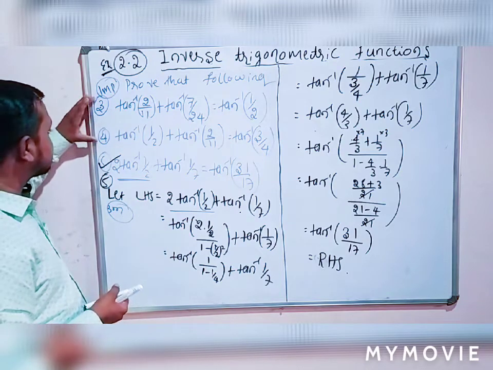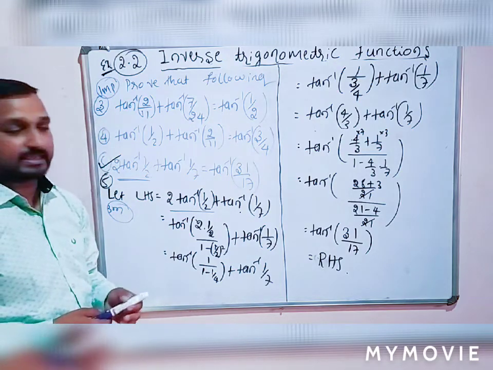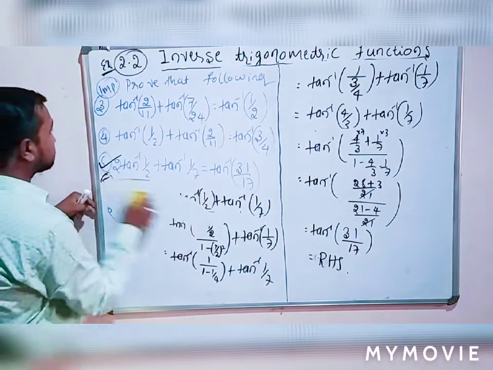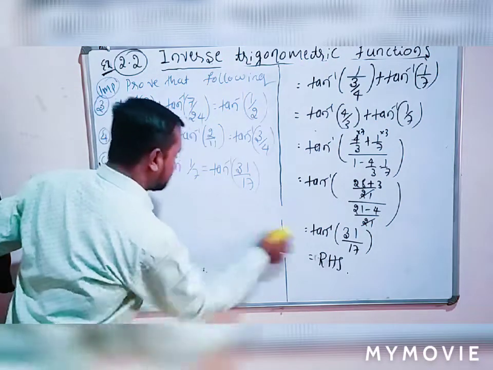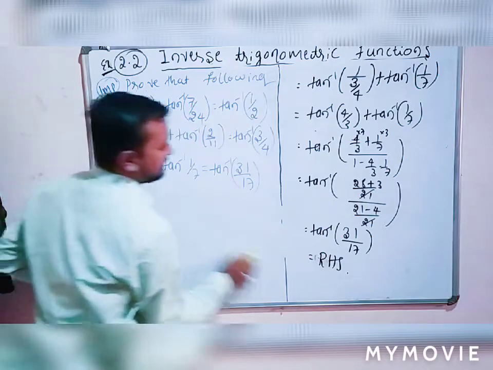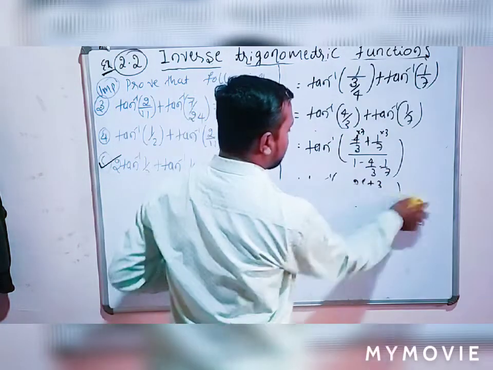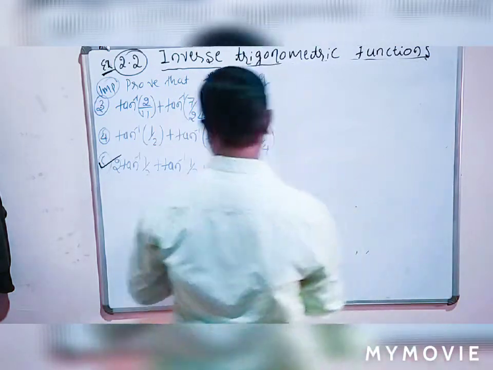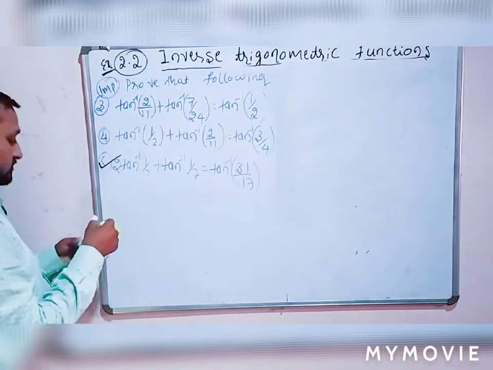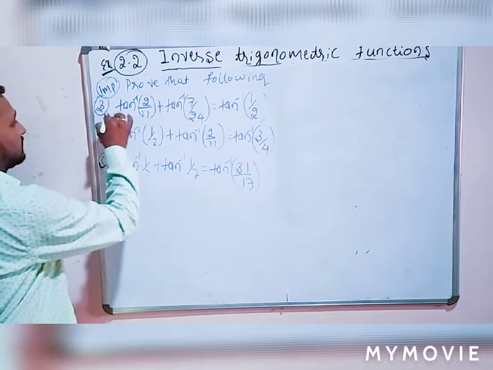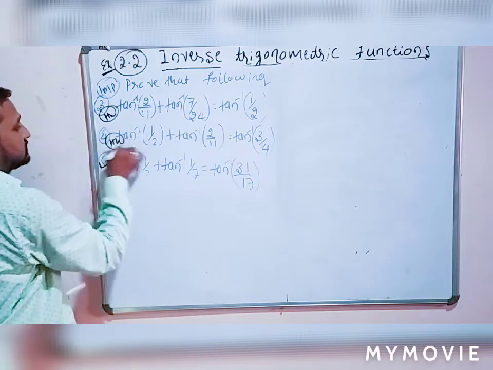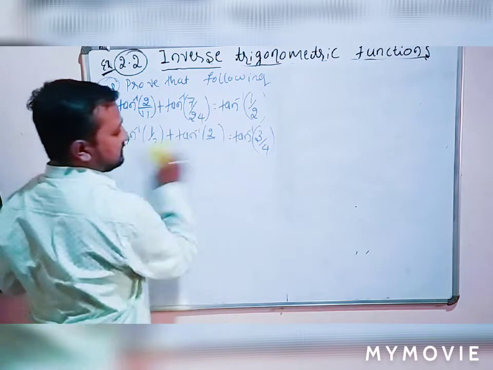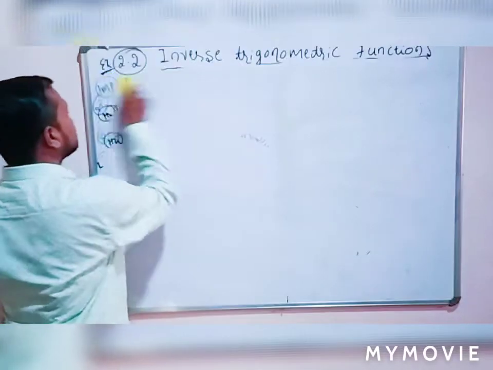So these two examples are the same. Is that clear? So students, note down this example, and the next remaining two examples, example number 3 and example number 4, are your work. Is that clear? So this is your homework, these two are your homework. Very simple examples. Try yourself.